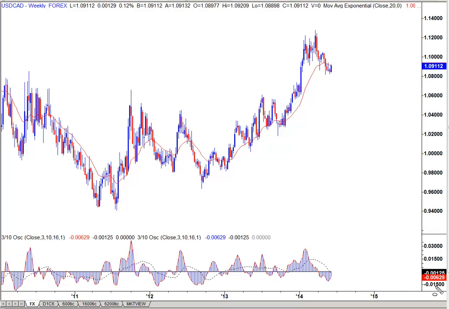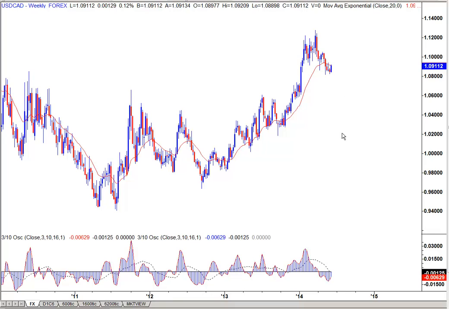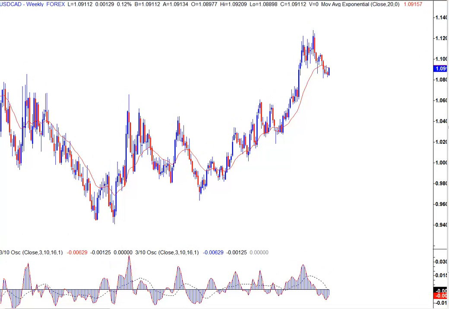I'd like to look at my indicators, my MACD, what we call a 310 oscillator, and that has corrected down and is now starting to turn up. Which you don't have to worry about at this point. I was just pointing that out. Now I want to drop this down to a lower time frame, and let's start looking at where support and resistance is. But first,